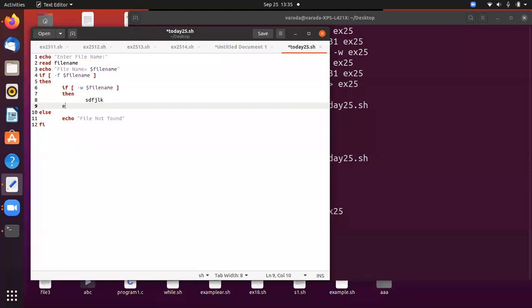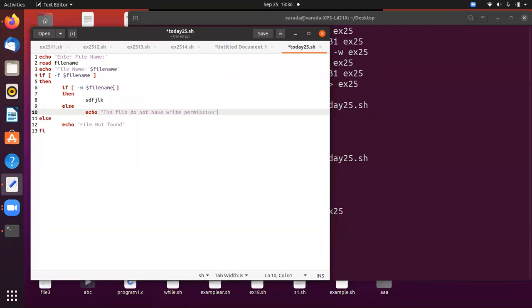Else, what can we do? echo "the file doesn't have write permission". We are going to print this message.